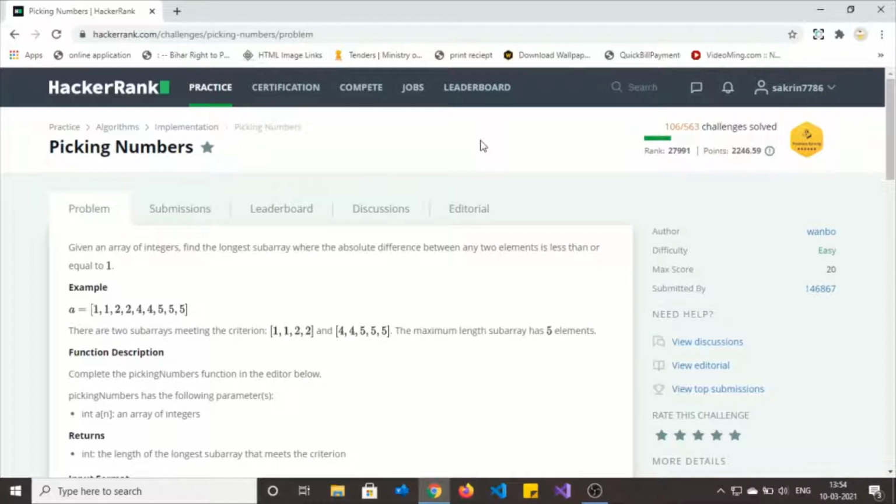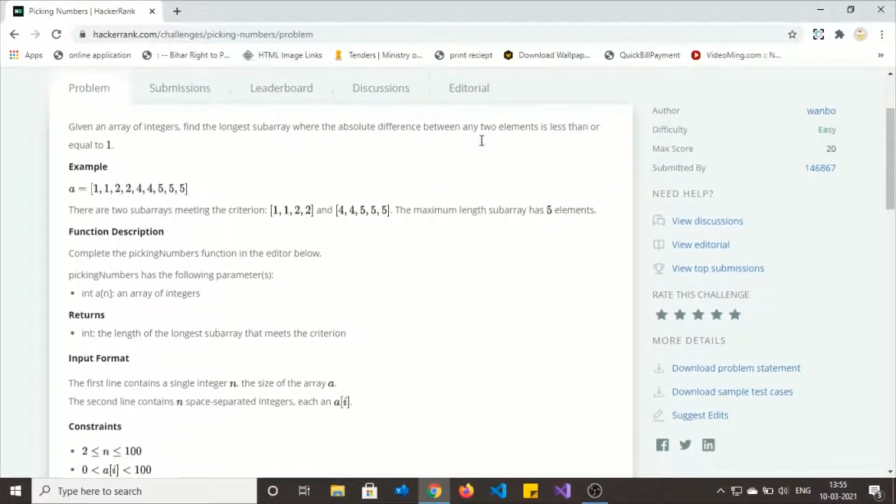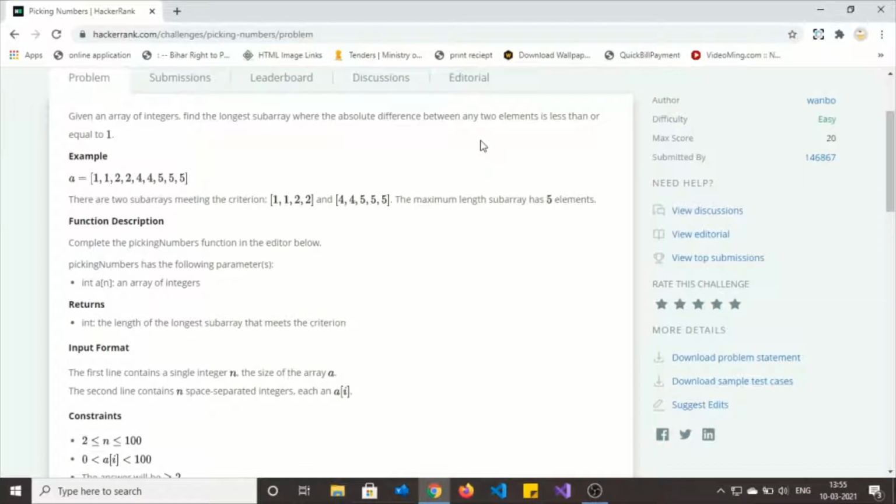In this problem statement we will be given an array and we have to find the longest subarray in which the difference between any two elements is less than or equal to 1. For example, the given array A has elements 1 1, 2 2, 4 4, 5 5 5.